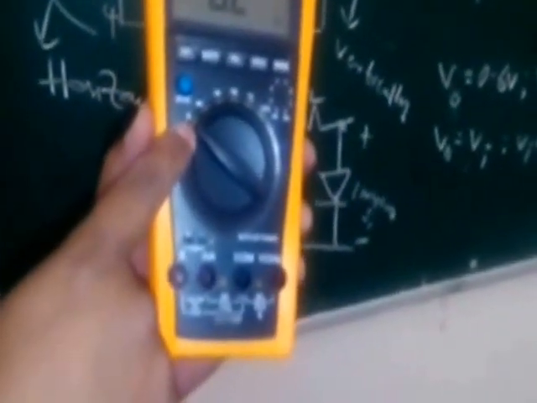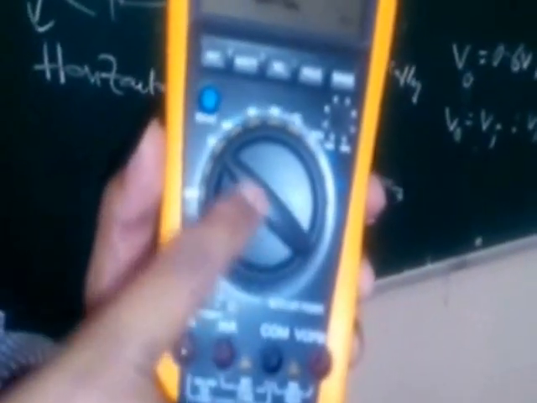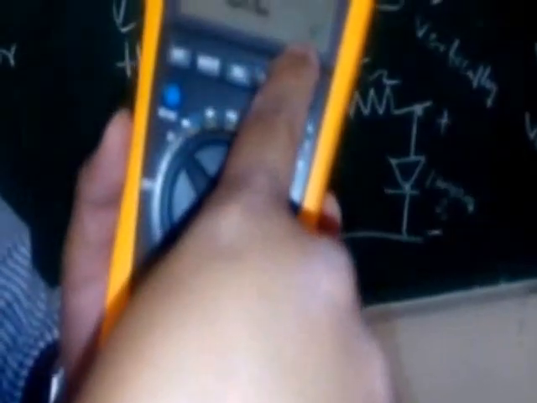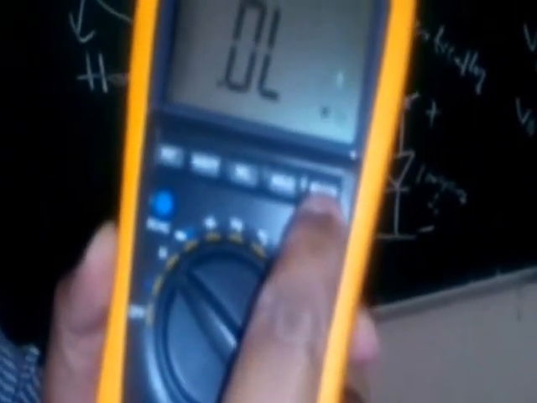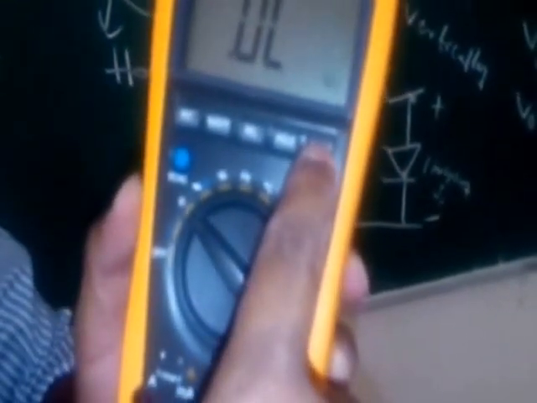So now it is in ohm meter. It is acting as an ohm meter. That means by using this we can calculate the resistance. It is in the kilo ohms range. I can put it in the mega ohms range also, like this. Depending on our application we can use it.